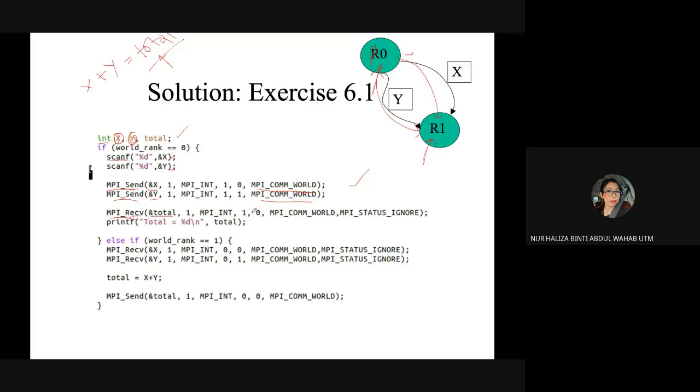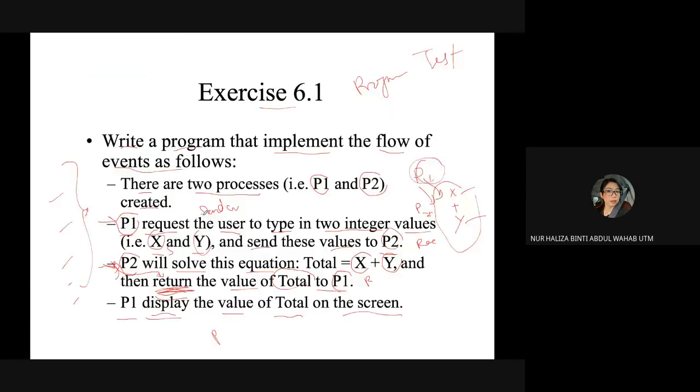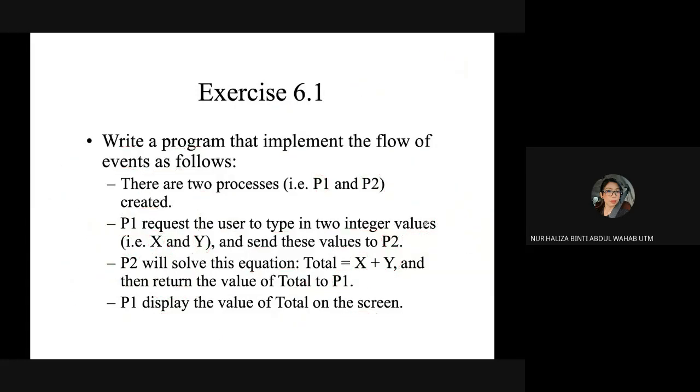After you already total your ranking 0 and 1, which is receive the send X and Y, you're going to total and also print. So you can see over here, you're going to print it. You're going to see also, you will have the ignore. So this is done, you already create, and this is also already done.